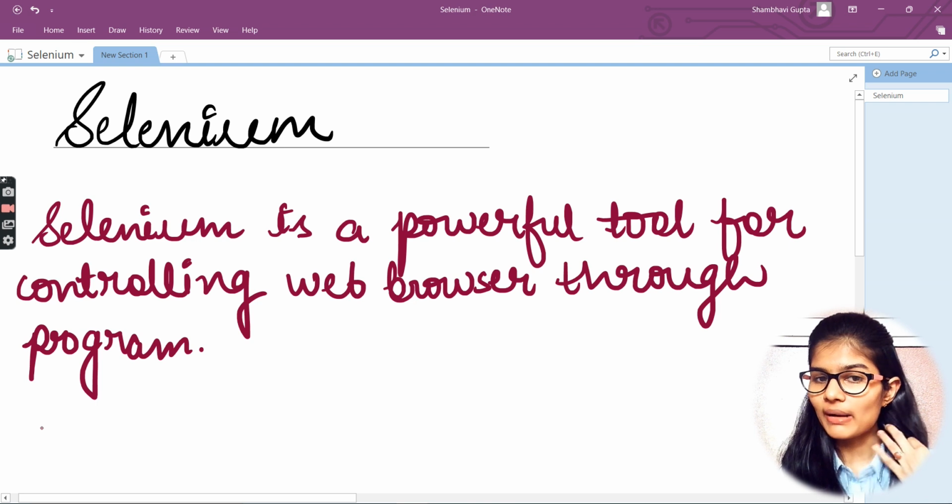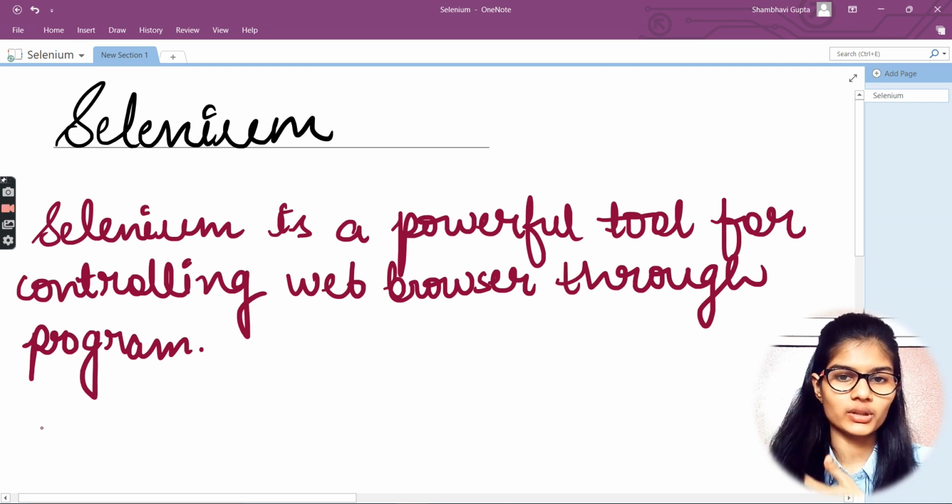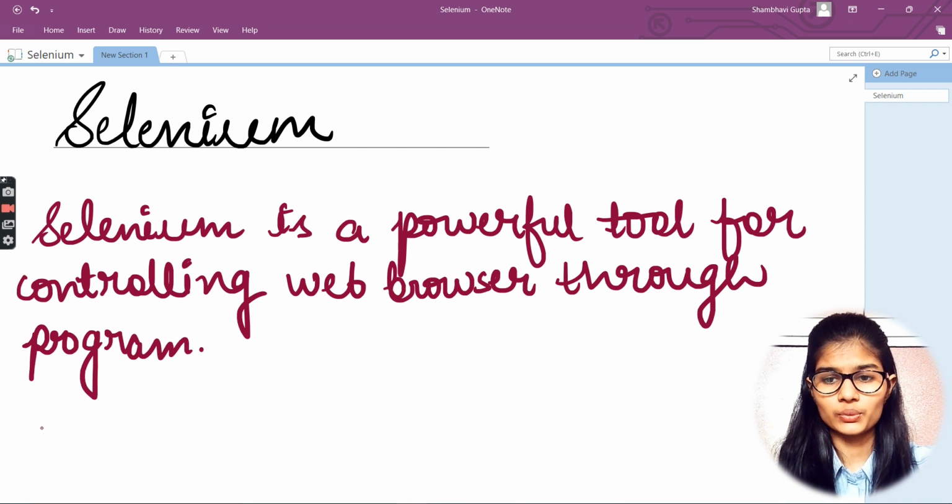So Selenium is actually a powerful tool which is used for controlling the web browsers through the program.